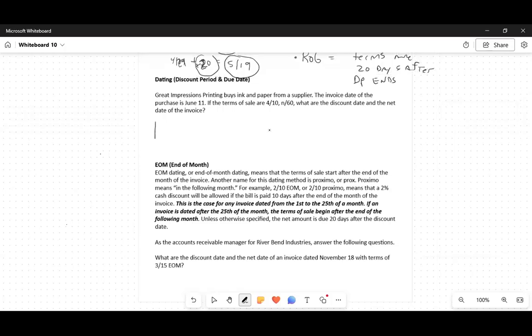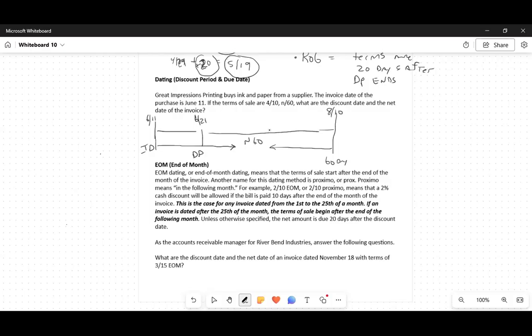They'll do this. The invoice date is June 11th, so 6/11. And then they'll go 10 days, right? So 6/11 plus 10 days is 6/21, right? So that's your discount period. And then you have N60. So 60 goes from the other date, from this date. And then this is 60 days later. So what is the date on that? And the date on that is